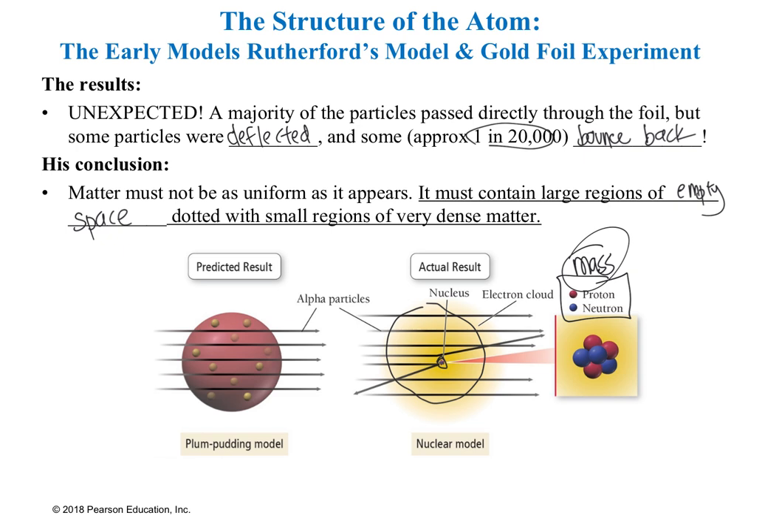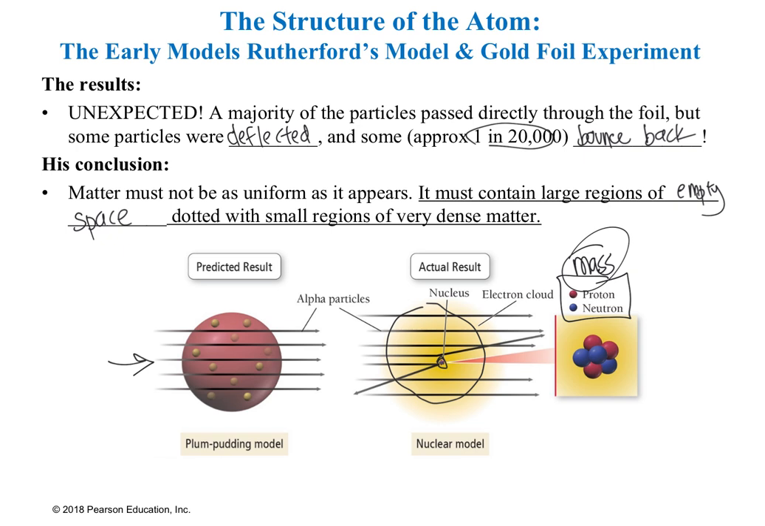empty space. If the plum pudding model did hold true, those alpha particles should have gone straight through with no deflection, because it should have been an even, uniform space. But because there was that deflection and bounce back, that's telling us that there's really dense matter in the